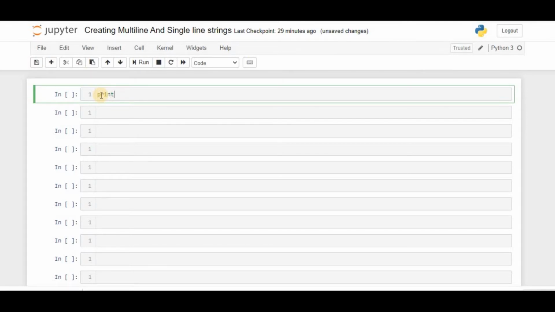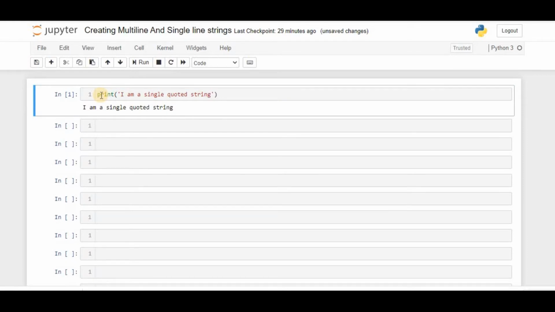In the print function, I'm going to invoke print with a single quoted string: I am a single quoted string. When I invoke the print function with single quotes, it treats it as a string given by the user, and it simply prints it.